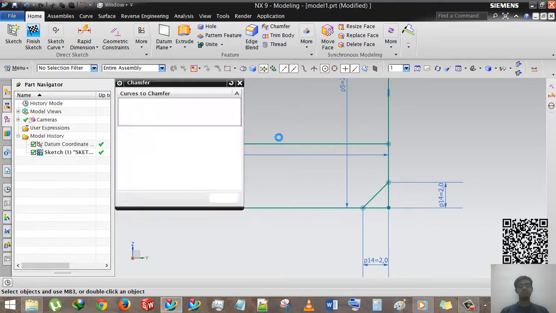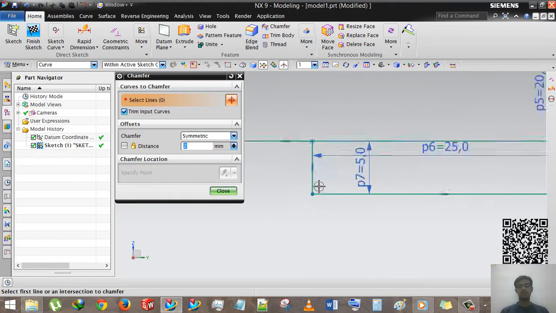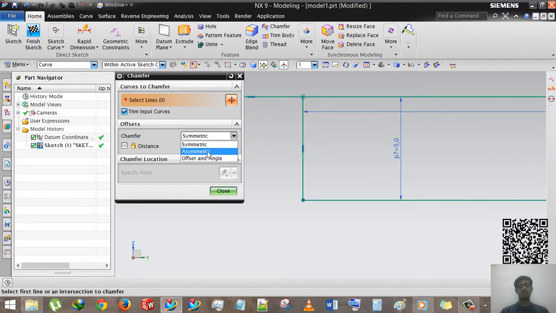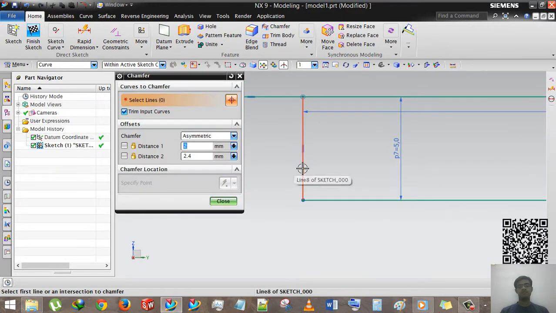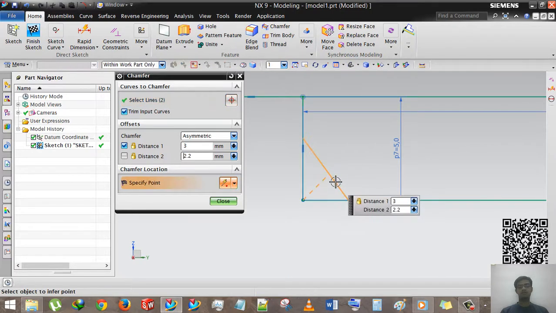We are selecting chamfer and then at another corner we select asymmetric. First I want to give the first distance 3 and the second distance 2, and I select the first line, this, and the second line, this.